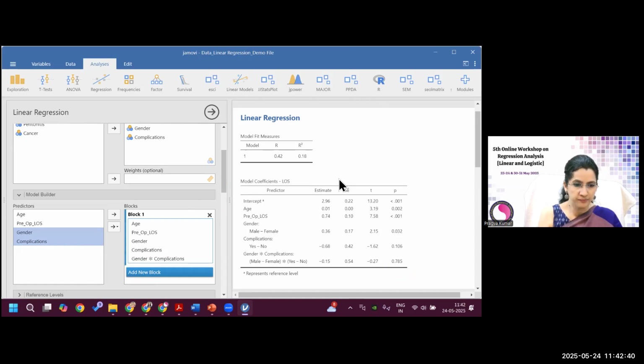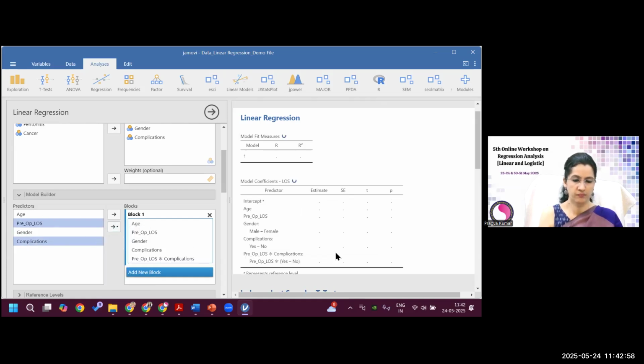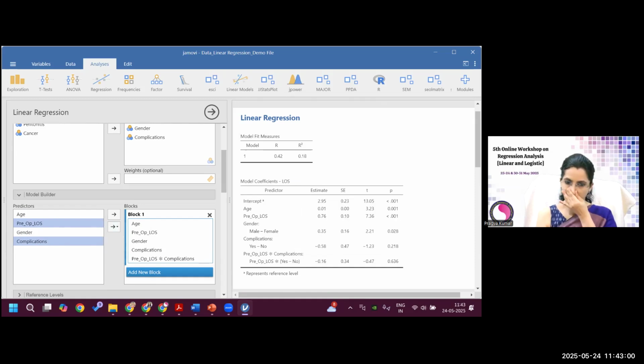Let's say I enter pre-op LOS and complications, and let me move this first back. Again, this is not